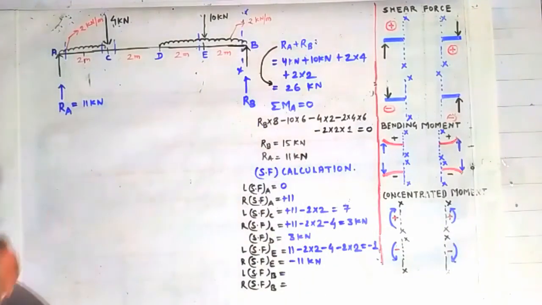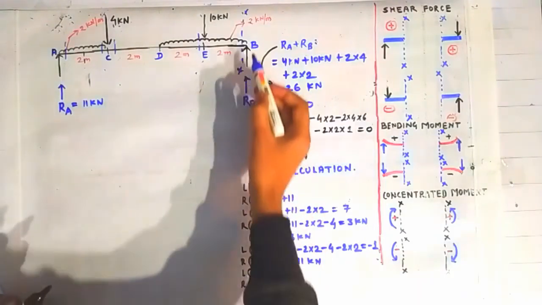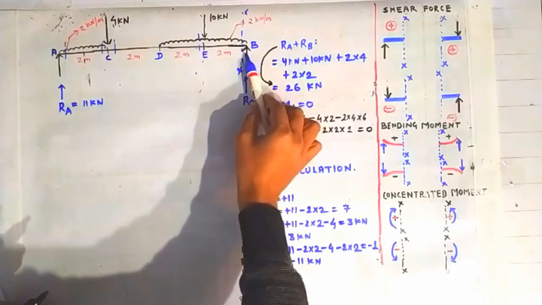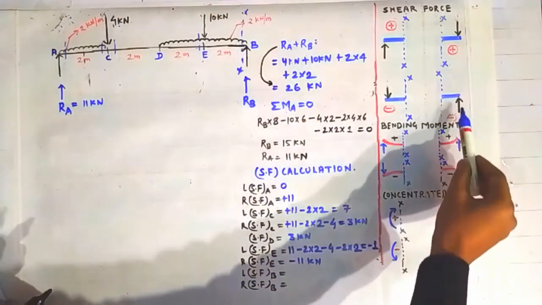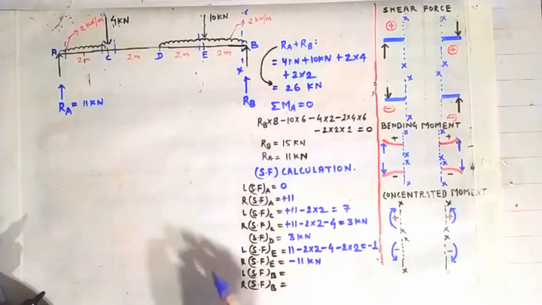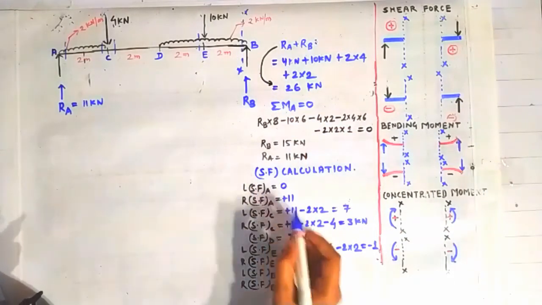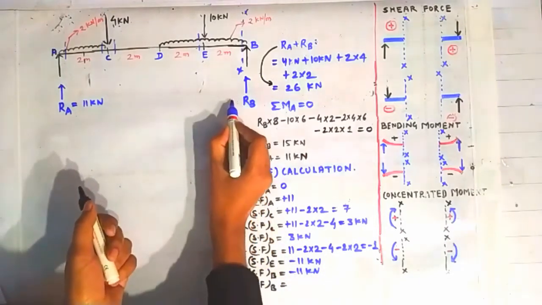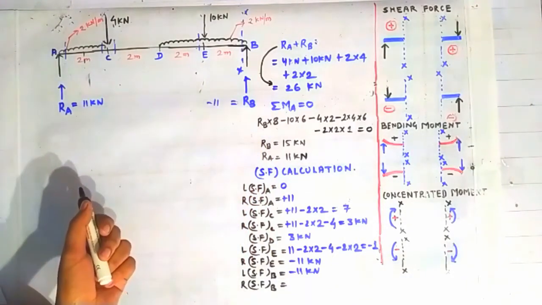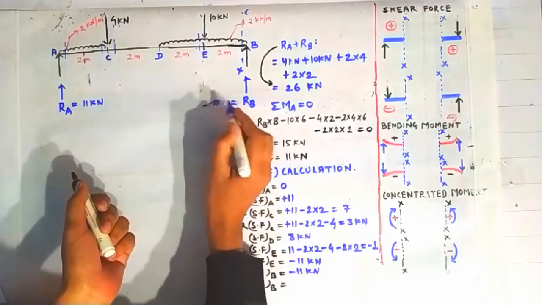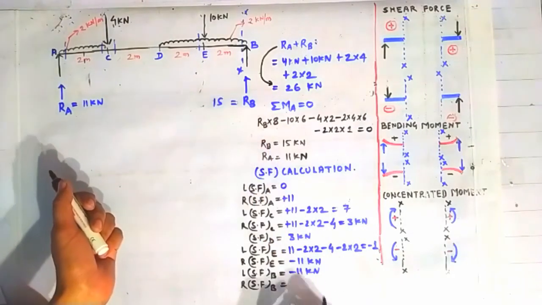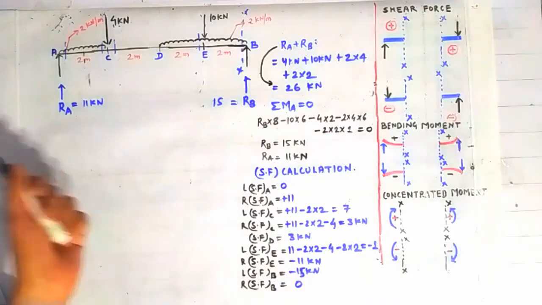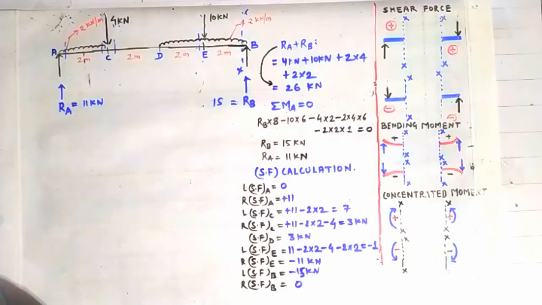Then you can see that on the left side of the point B, if you calculate, you will see that this force is acting on the right side of this section XX, and it will contribute toward a negative shear force using this sign convention. This reaction R will contribute toward a negative shear force of magnitude minus 11 kilonewton. Sorry, RB is equal to how much? 15 kilonewton. Sorry, it is 15 kilonewton. So it will contribute toward the minus 15 kilonewton. And shear force on the right side of the point B is equal to 0, because the beam terminates on the right side of the point B.